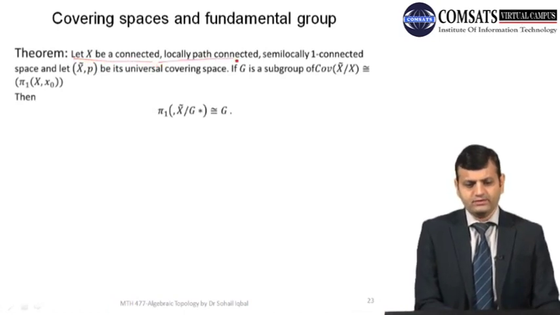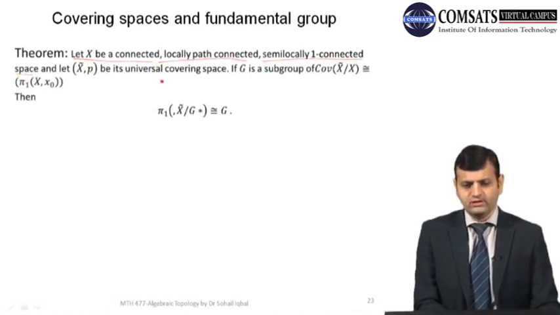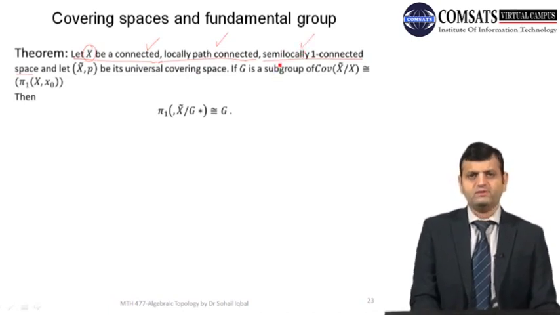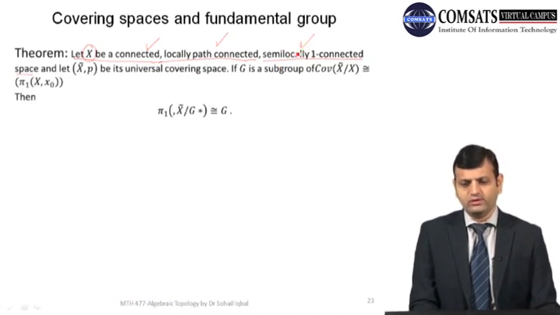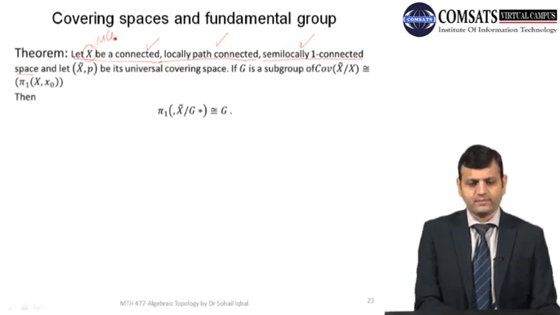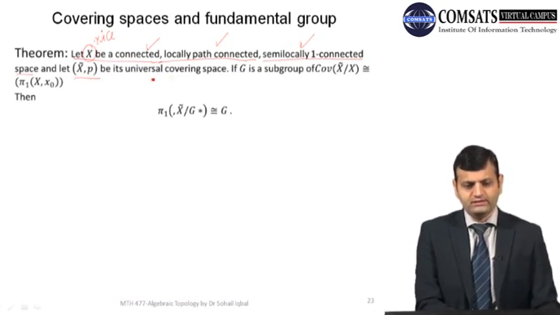So what is this result? I'm not going to define the topological definitions that are presented here. If you are interested, you can have a look at some book on topology, but we are just going to say that there are some nice conditions on X. Nice means it is connected, locally path connected. We have discussed connected and locally path connected in our previous discussions, but we haven't discussed what a semi-locally simply connected space is, and I would recommend that you have a look at any book on topology. So we have a nice space X,